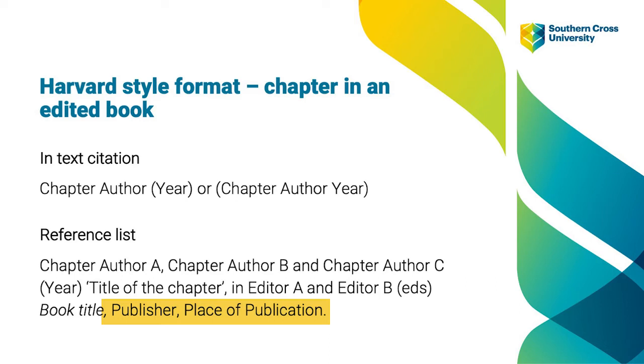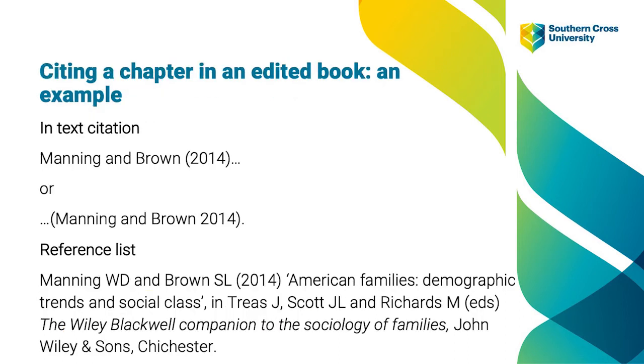So let's see how our book fits with this format. And here it is. Again, the same general pattern as our previous example applies. First we have the chapter author names, which are arranged with the last name first, followed by a space, and then the initials. And in this case, there are only two authors, which are separated by an "and." Then, after a space, comes the year of publication, followed by a space.